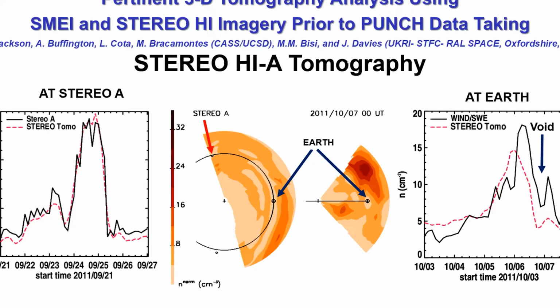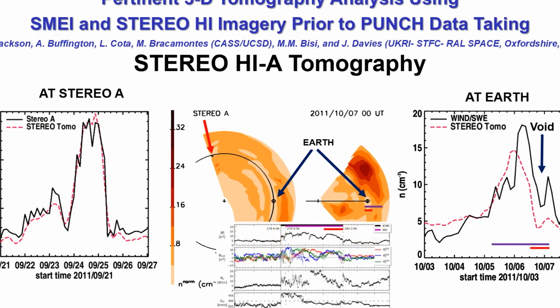And I was very much interested in that because over on the in situ measurement at Earth, you can see that it would reconstruct that pretty well in the Wind data. The dashed line is the model that is reconstructed, and the black line is STEREO A. And I show you here STEREO A in much higher resolution as this event came through. And this blue bar and red bar here are replicated on the in situ plot from STEREO. And you can see where this void was, and it was